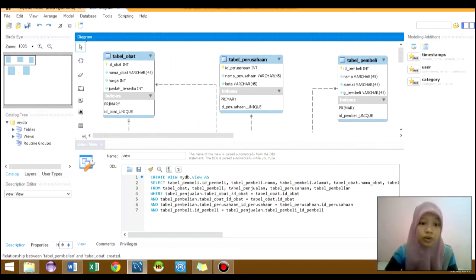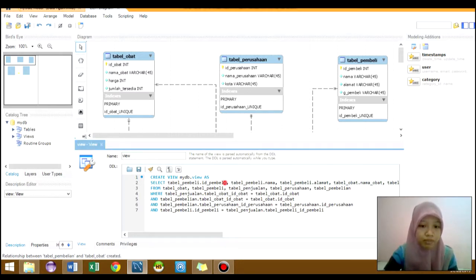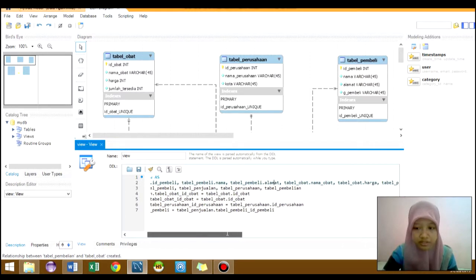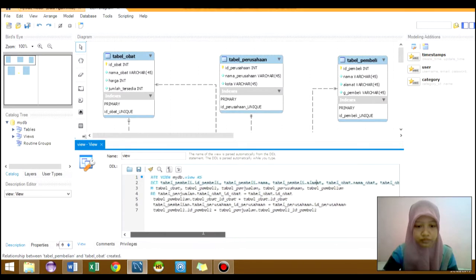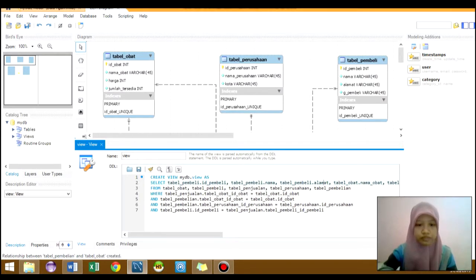For example, we will select ID pembeli from tabel pembeli, and then nama from tabel pembeli, and then alamat from tabel pembeli, and then nama obat from tabel obat, and we can continue like this. Okay, if we finish, we can close it.